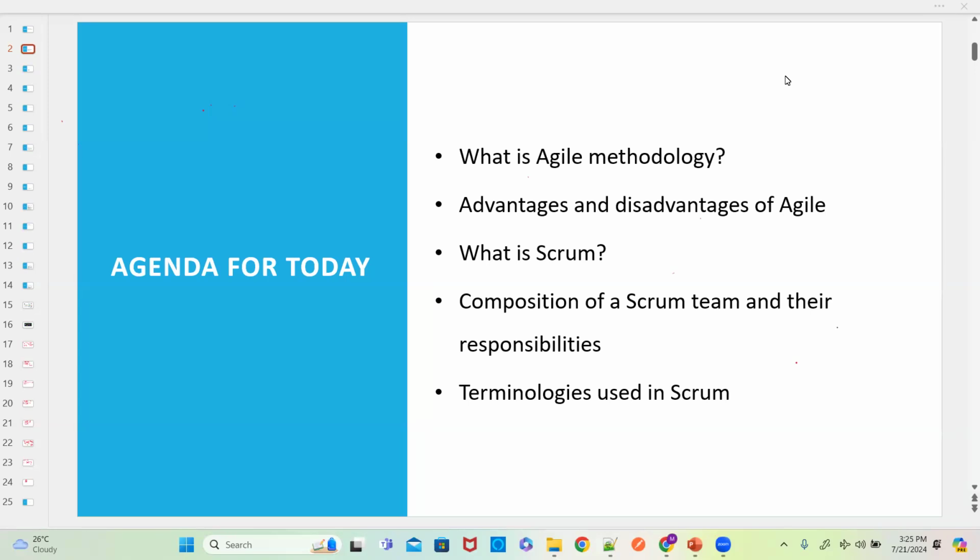Let's set the agenda for today first, then we'll move on to the topics. Firstly, we'll discuss what is Agile methodology. As most of the projects they try to execute in the current IT industry, most of the projects will be running on Agile methodology. So it would be very advantageous to understand what is Agile methodology and what are the advantages of it